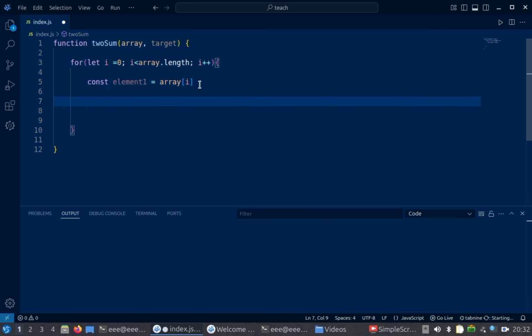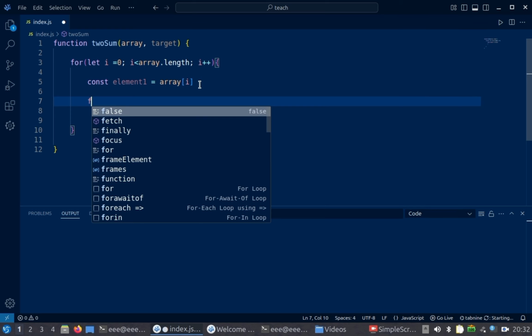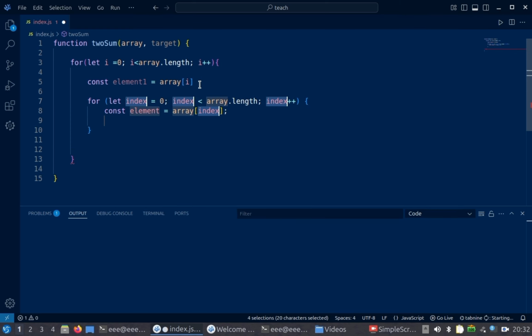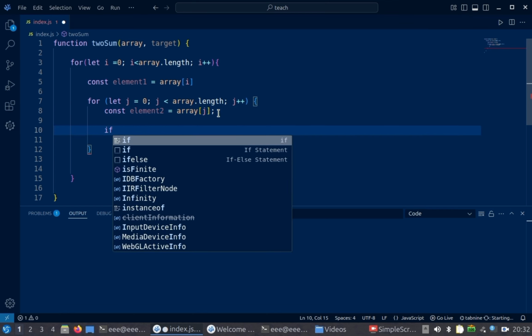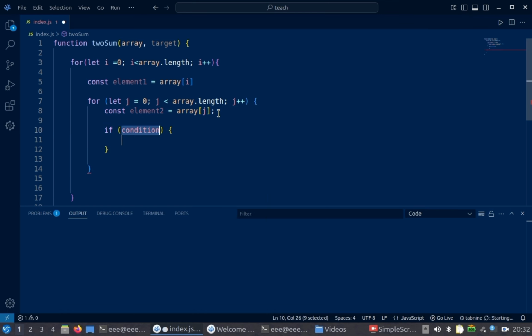So after that, we use another for loop. This is actually a nested for loop, and I'm going to get a snippet and call this j. So for let j equals 0, j less than array dot length, increment j by 1, and we'll call this element2. After that, we'll need an if check to check if we can add two numbers in this array and get the target. So if element1 plus element2 is equal to our target,